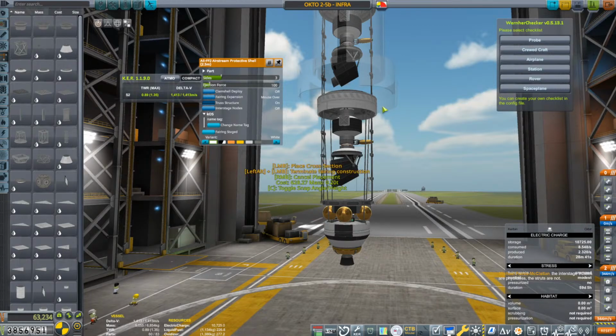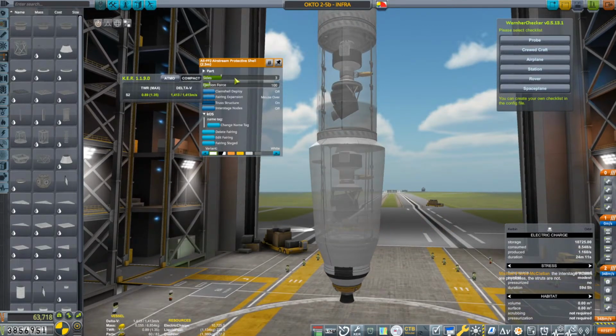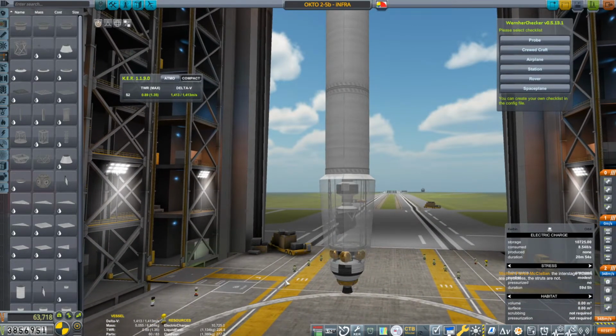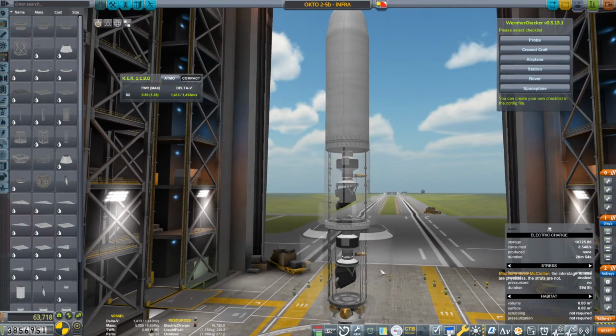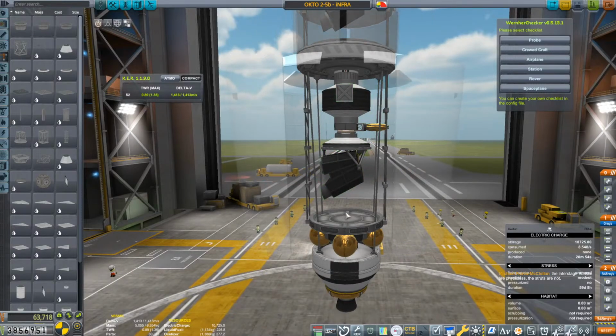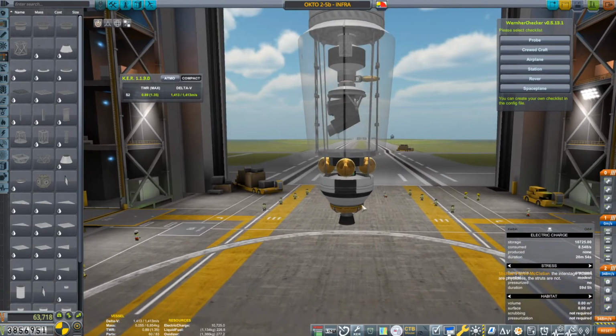Oh, I think the struts are messing this up a little bit. That's okay. To come out a little bit and then close in. Close it. That'll work. Oh, the interstage trusses are physicsless. The struts are not. Thank you, Michael. But I think I've left myself enough wiggle room I can wiggle this fella out. All right, so, I don't know. This is looking...